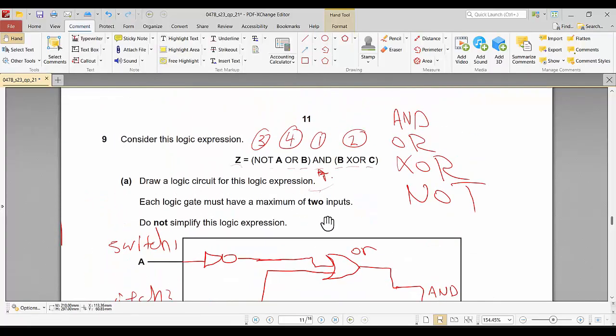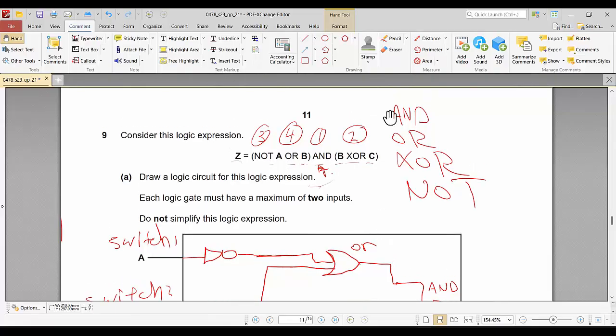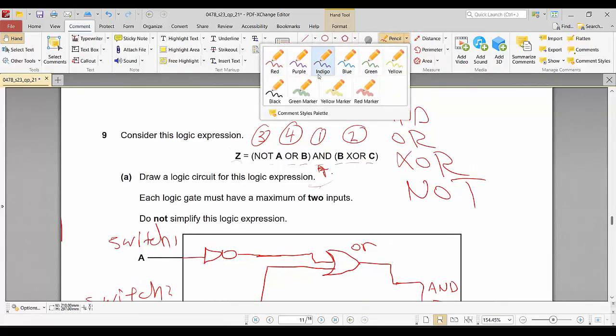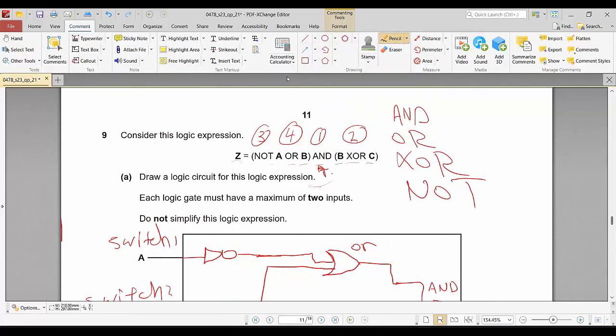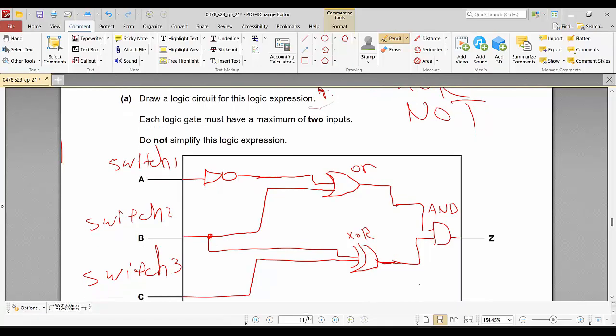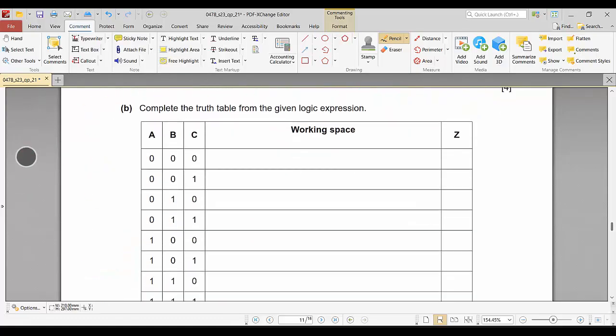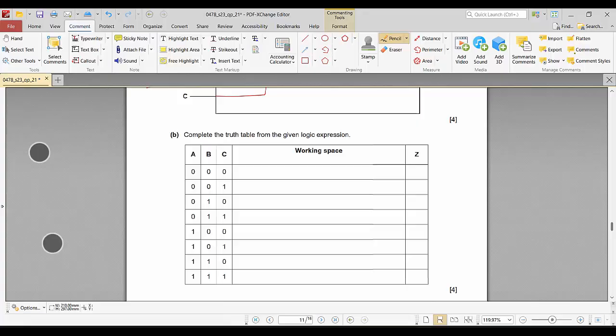So this is my logic gate, or how the logic gate is supposed to look. Let me give the output for each one of them. This will be D, and this is E, and this is Z, this is A, B, and C. As you see here in this table,